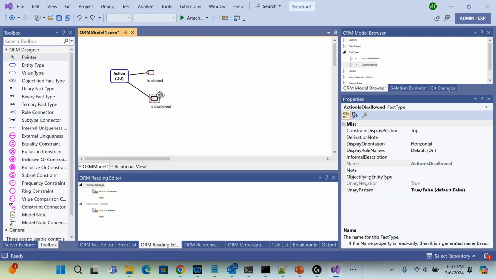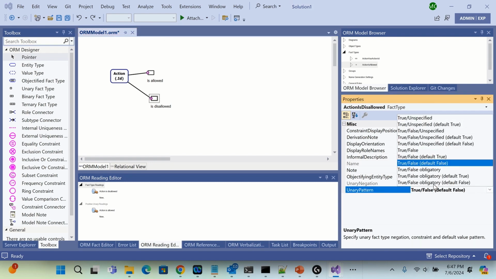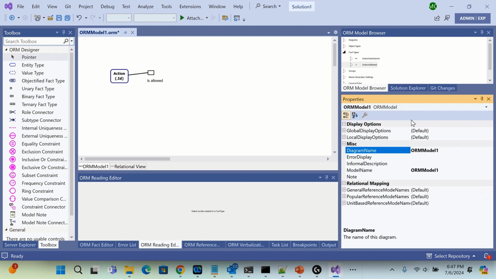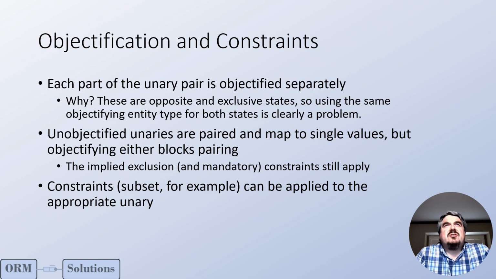Now, once you've made it a unary negation, you're not going to be able to get rid of the unary pattern like that. So just putting the tilde with nothing after it will remove the reading and won't remove the pattern. If you really want to get rid of it, you have to go over here and change the pattern. So in this case, if I go back to true unspecified, the shape I was on actually disappears because I've deleted the unary negation. So with this change, objectification of a unary fact type is much more useful, simply because